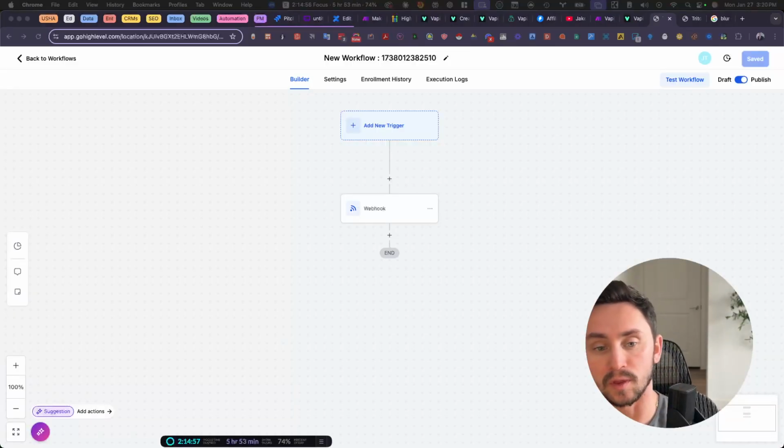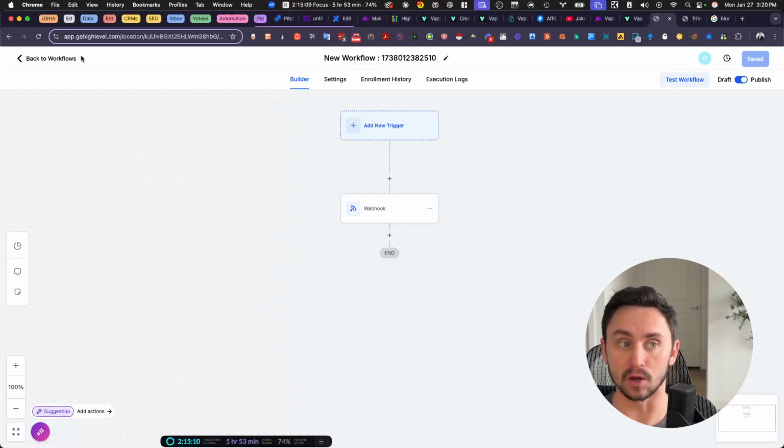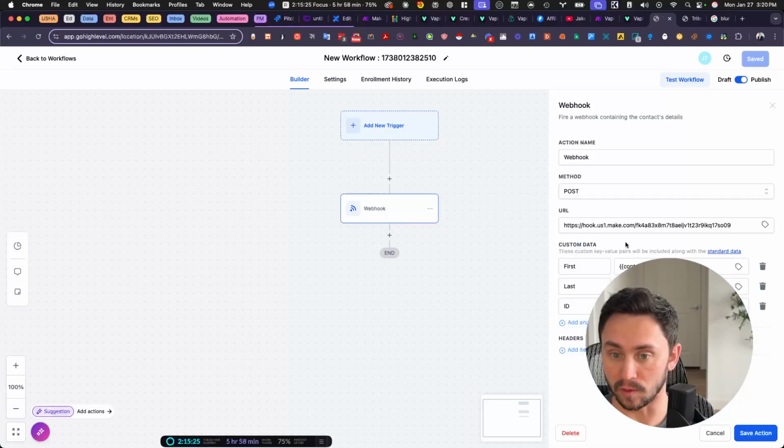Okay, so the issue with the name, the field mapping was actually because the webhook trigger is actually supposed to be triggered by the Go High Level automation. So you can create a new automation from within Go High Level, and then you can add whatever trigger that you want. So like say you add a tag, and that's actually what is going to trigger the webhook that sends the call through VAPI. So you're going to set up a webhook. Okay, then within the webhook, that's where you're actually going to paste your